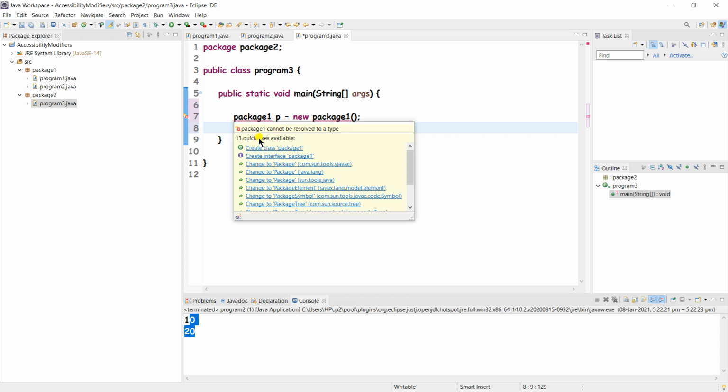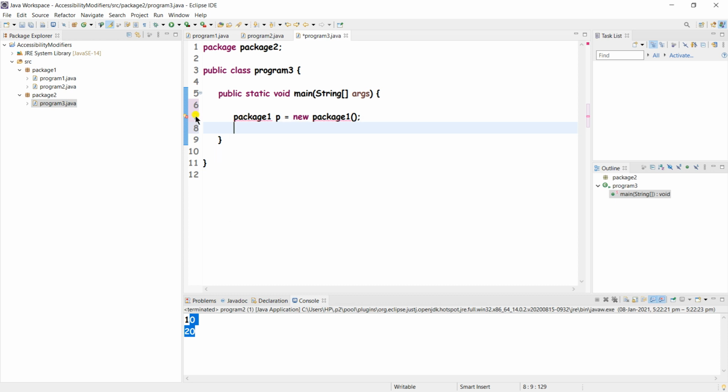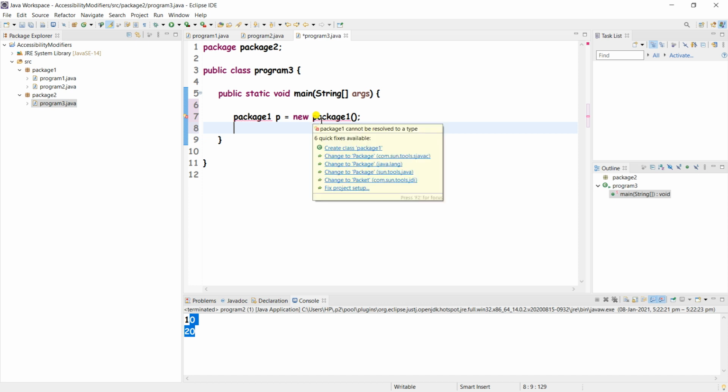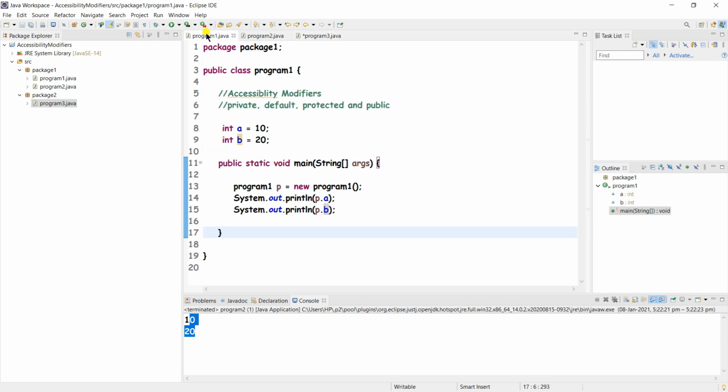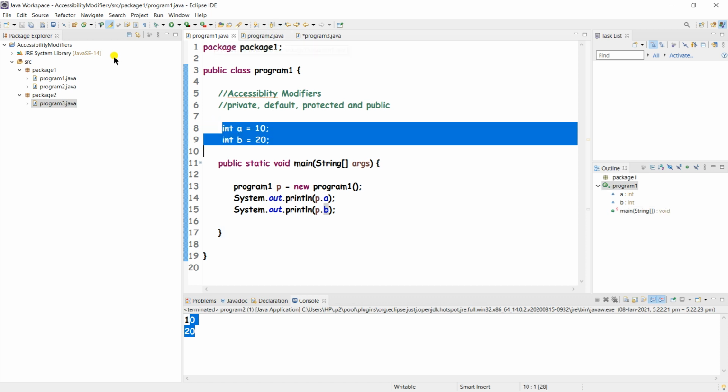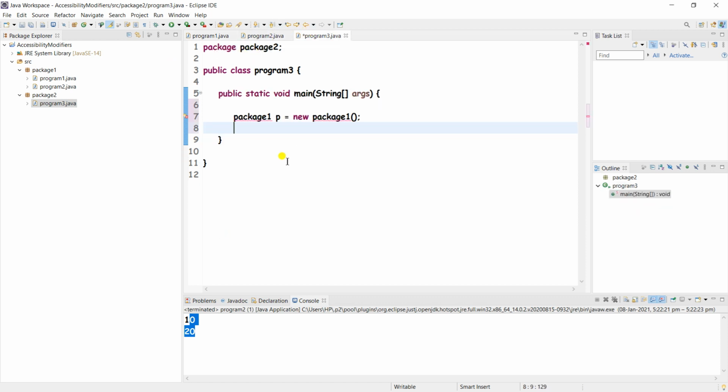See here, multiple markers at this line. Package1 cannot be resolved to a type. Package1 cannot be resolved to a type, which means we cannot access this class and these modifiers outside the package, right?